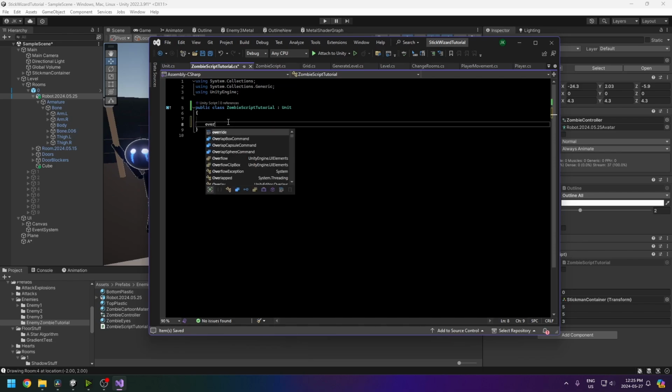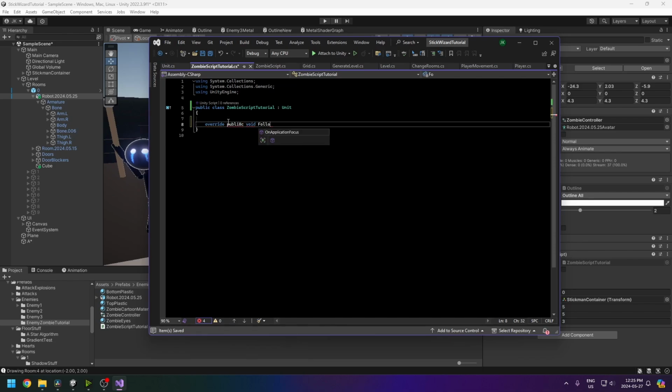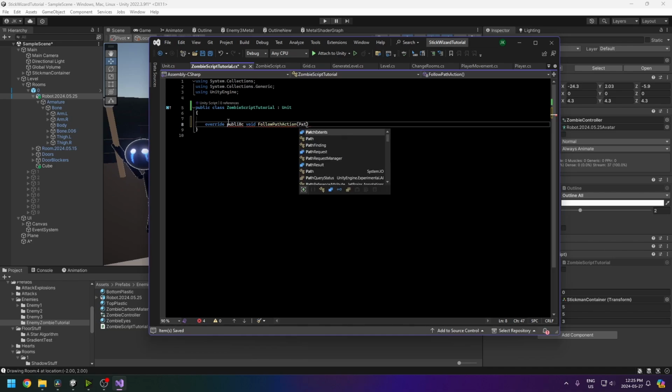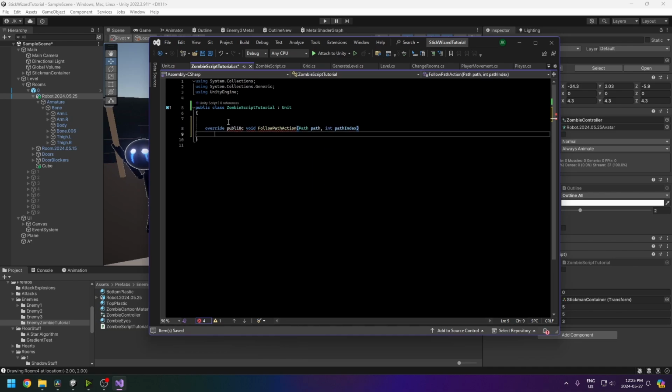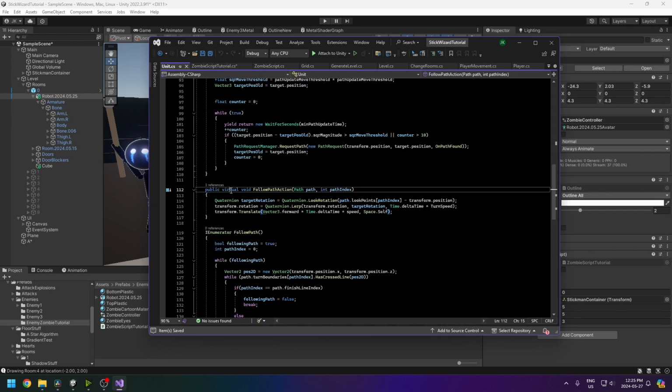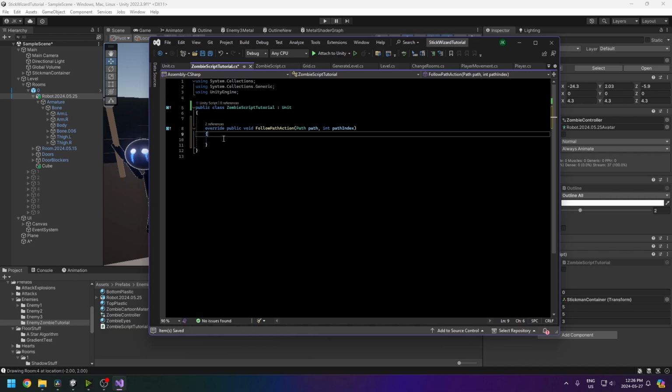So if we type in override public void FollowPath(Action path, int pathIndex). By declaring this method, because this method is virtual, when it is supposed to run, instead of running the base class version of the method, it will run this version that we're about to write. So what we want to do is rotate the enemy towards the player,